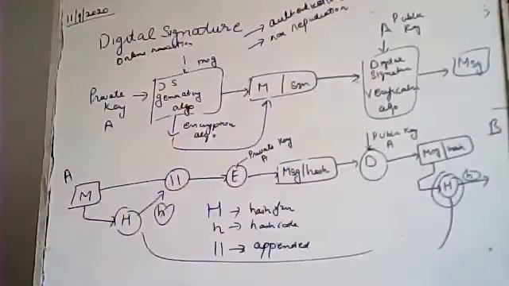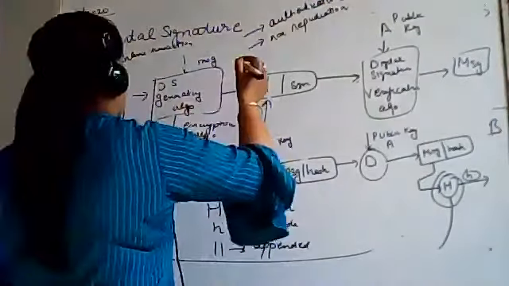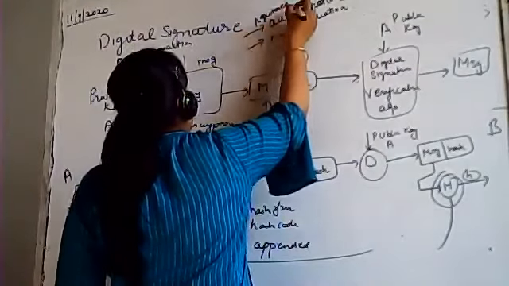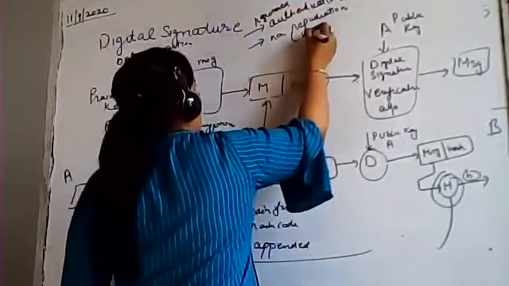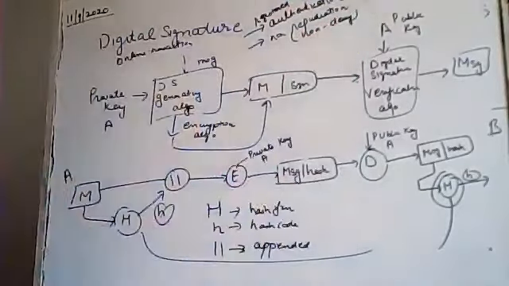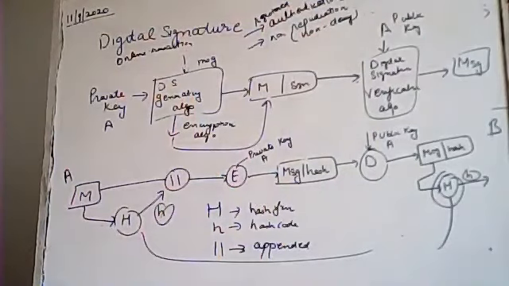Authentication means that only a registered person can ask for some detail, and the other party who is answering that query should also be a registered one. So both parties should be registered. So in authentication, the registered party will be using this term, and non-repudiation means non-denying of data. No one can deny that this particular thing has not been demanded by the other person.